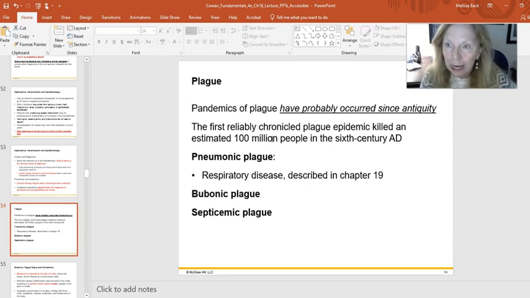So there are different types of ways that this can be presented into the human body. We understand that there's pneumonic plague, which is going to affect the respiratory system. This is the one that has pneumonic and septicemic going into the bloodstream. This is the one that has the highest mortality rates, obviously. Anything that causes sepsis.